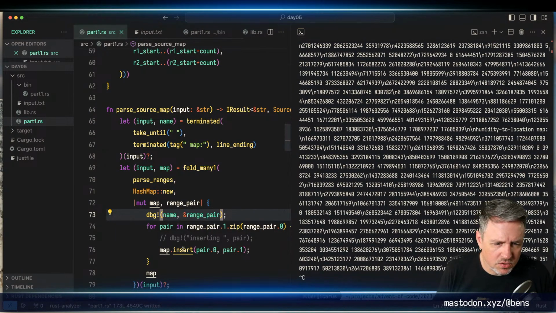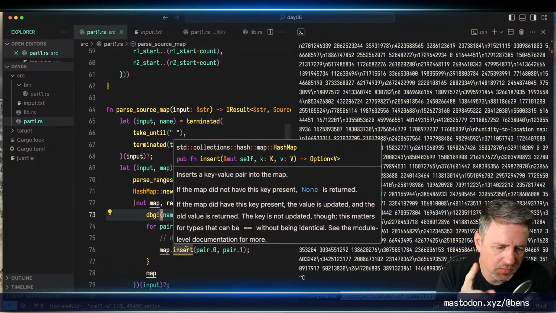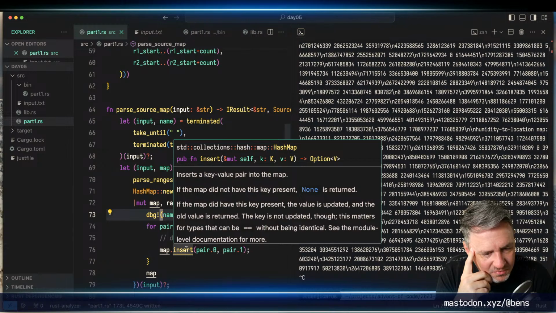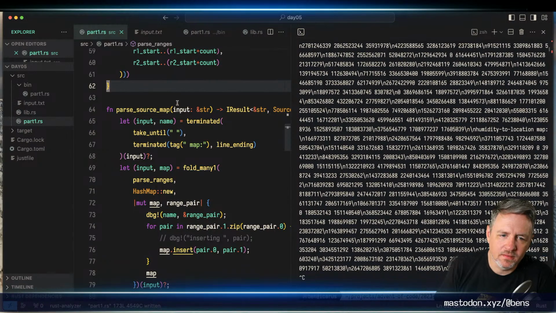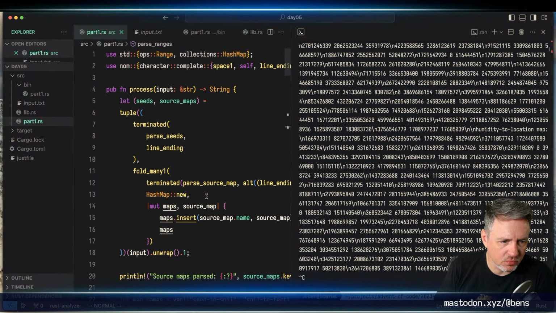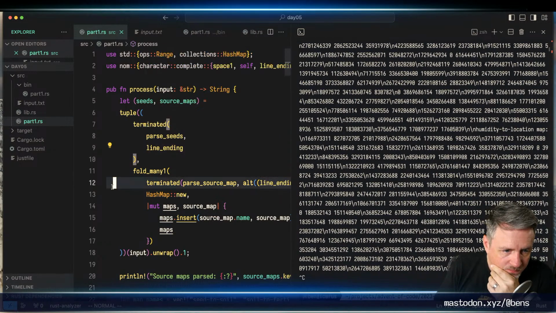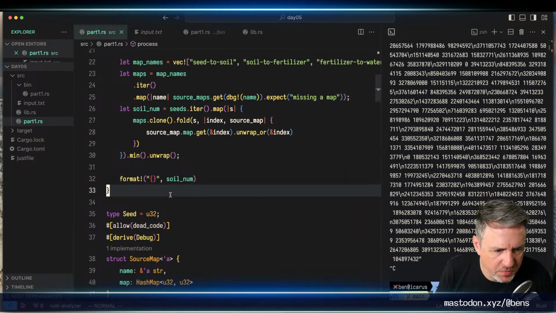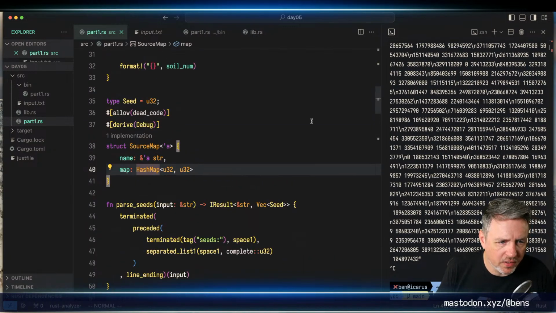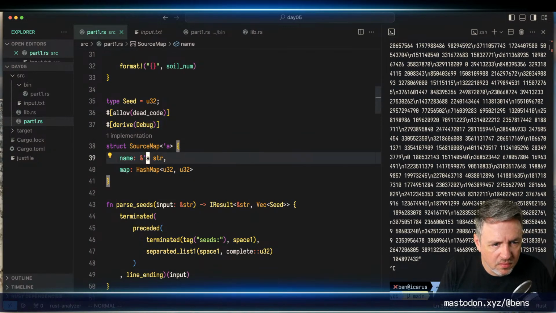You know, I think inserting every single entry is a mistake. I should just contain the ranges. Yeah, I should just contain the ranges. There's no reason to store every single number. That's why we're having a problem. Okay, I suppose I should have looked at the input first, but okay, so our source map, instead of being